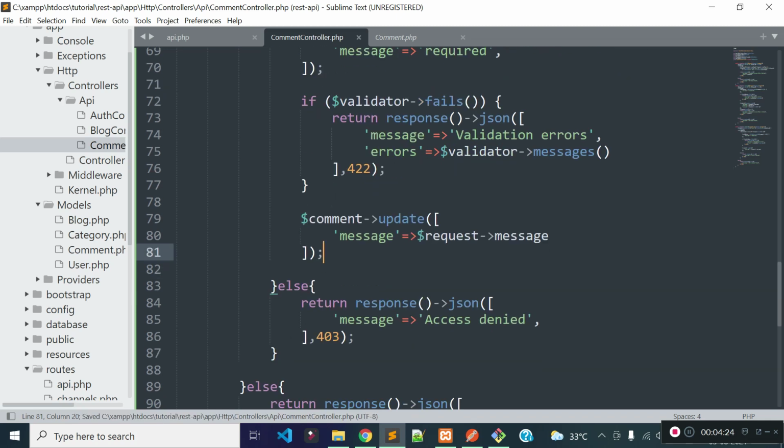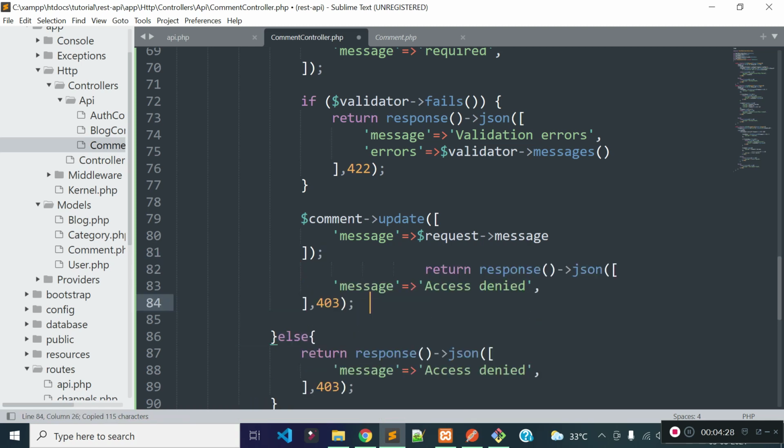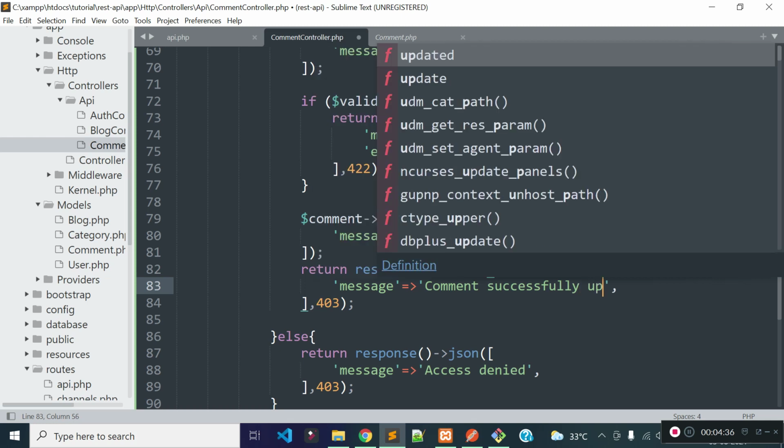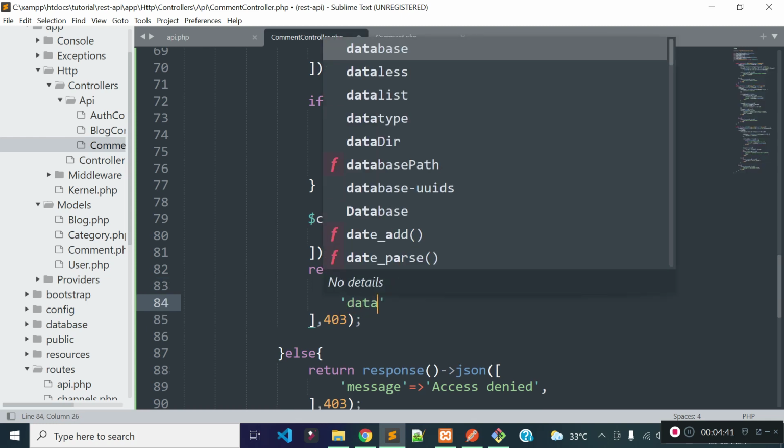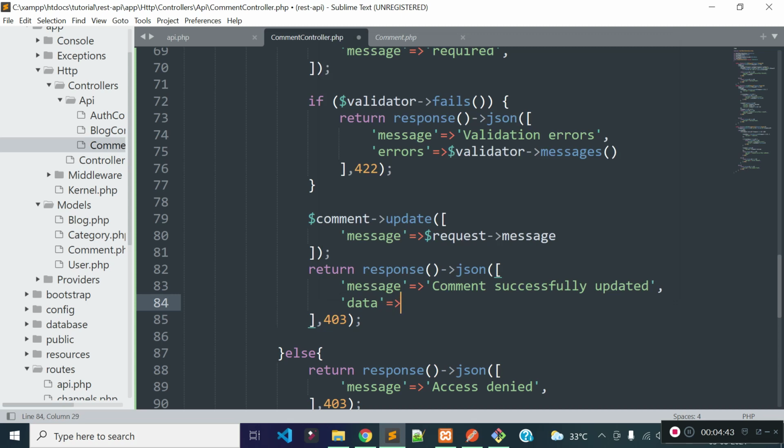Okay, after updating comment data, I will return a JSON response with message comment successfully updated, and I will return the newly updated comment data to this data key, and the status code will be 200.